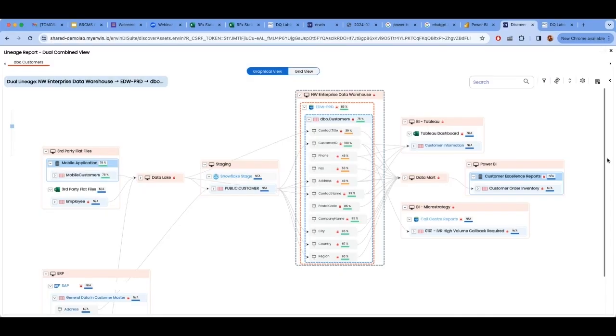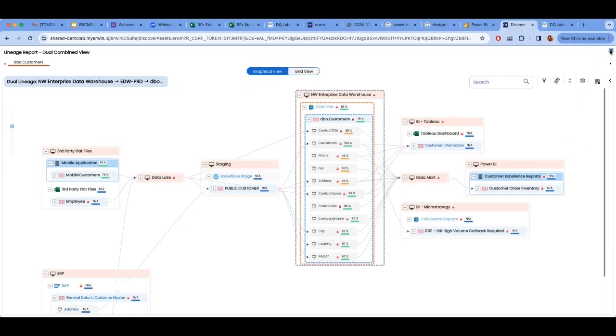So I can drill into any level of detail of the product I'm looking at, and I can see everything, like how it is being calculated. I can even drill into the SQL code, the SQL stored procedures, or the ETL mappings, how this data is being transformed, the quality, the definitions, the sensitive information. I can see all of them in this view.